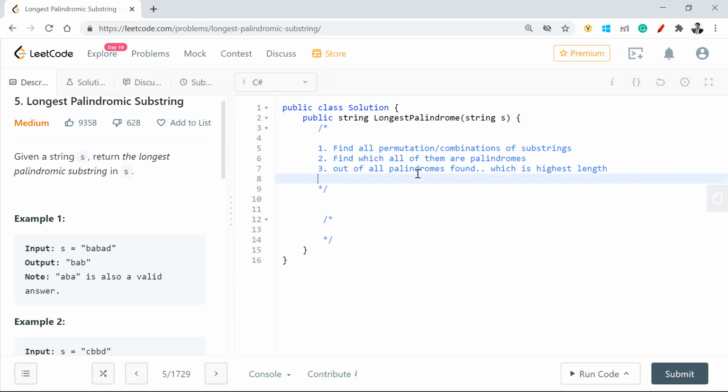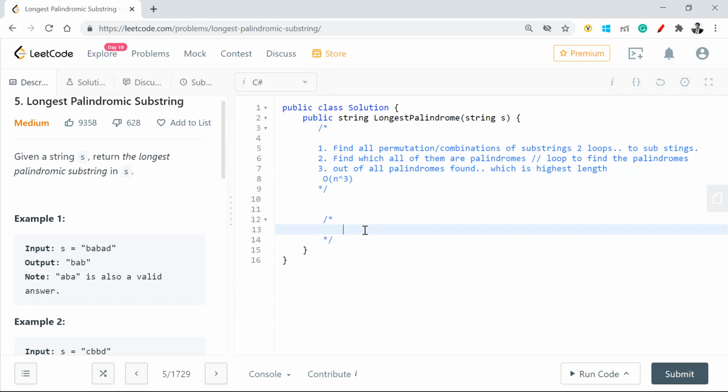So it turns out to be O of n cube complexity. You have to do two loops to find substrings, and inside those loops you have to run another loop to check for palindromes. So these are three loops, one inside the other, and it will be O of n cube.